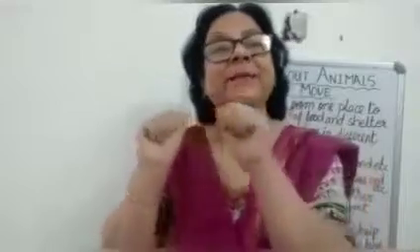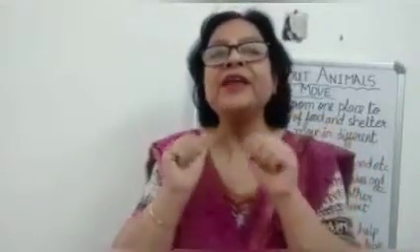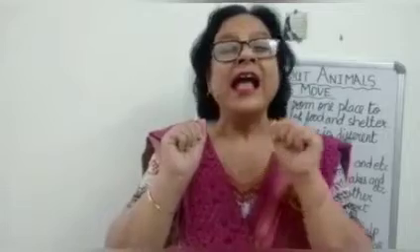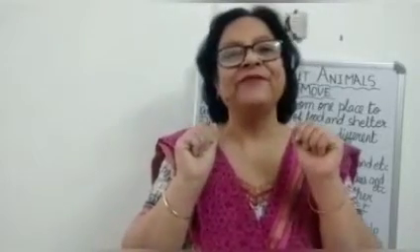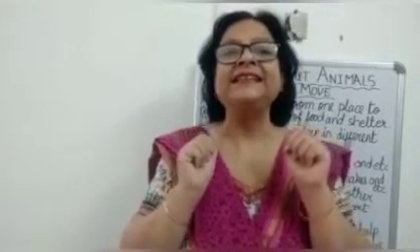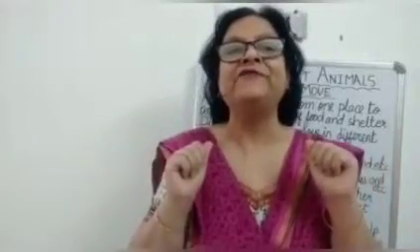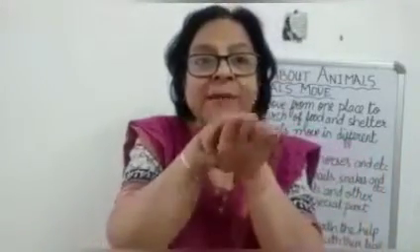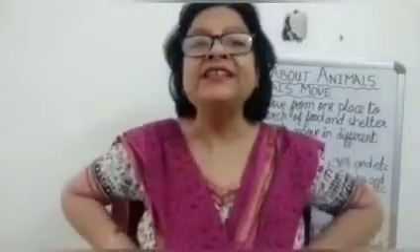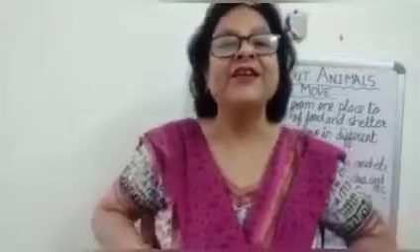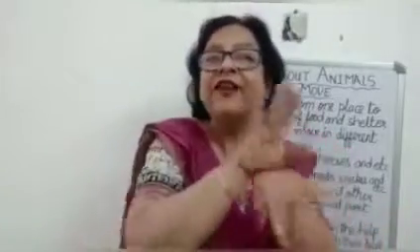Bow wow here and a bow wow there, bow here, bow there, everywhere a bow bow. And old MacDonald had a farm, on his farm he had some cats. Mew mew here and a mew mew there, mew here, mew there, everywhere a mew mew. And old MacDonald had a farm, and on his farm he had some ducks. Quack quack here and a quack quack there, quack here, quack there, everywhere a quack quack.